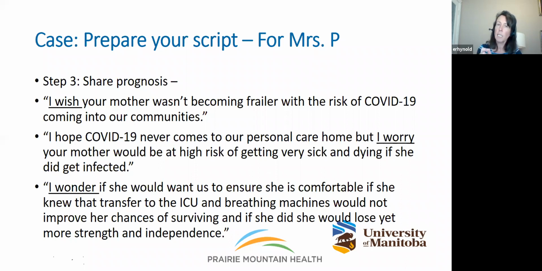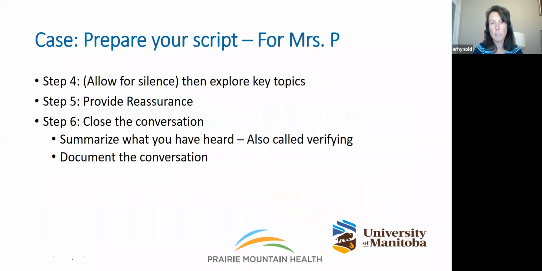So this is planting the seed and then using the information that you've gathered about how frail she is. If the family comes back defensive or challenging you, what do you mean? We've heard that people who get ventilators with COVID-19, that's the best chance of surviving. Then you can talk about how she, being frailer, would not have the same chances of survival as other people who have been making it out of the ICU. The other things, and in the interest of time, I'll stop there, is step four.